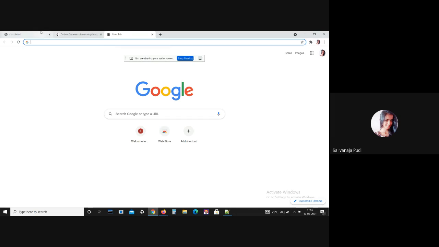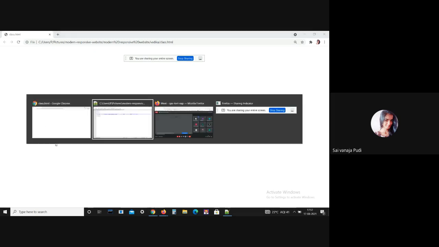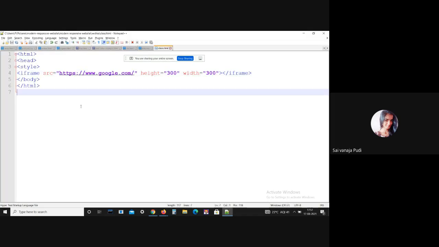Chrome. Actually, it is not showing. Let me check. Sorry. I heard that this iframe is mostly not applicable for many websites.